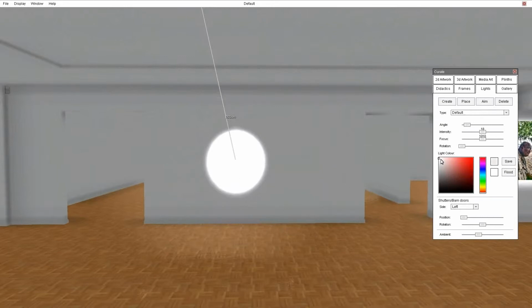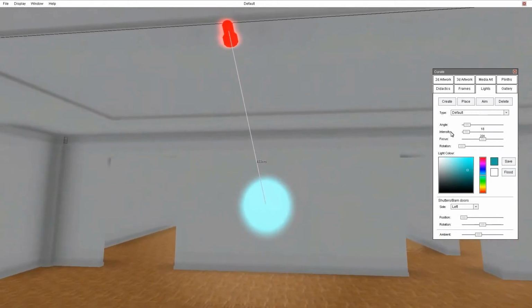Now what I can do is choose color from the color palette to adjust my light. Now what's happening here is because the light is so bright, it's washing out the color in the middle. So if I was to drop the intensity off, you'll note that the color is now starting to be more like what we expect. Okay, so we've got that one, and I'm going to replicate this by simply clicking Create